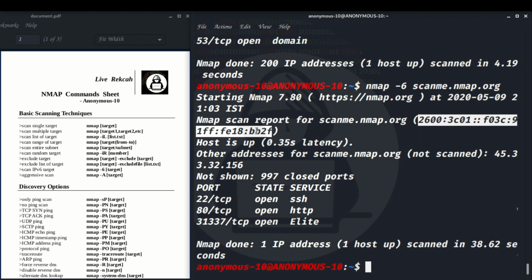The target can be a domain, even if you mention that it is an IP address version 6. I mentioned IP address version 6 and put the domain name. What it gives me, in brackets, is the IP address version 6. This is the IP address version 6. We can't remember this now. But if you have an IP address version 6 and you want to use nmap, then put it like this, nmap